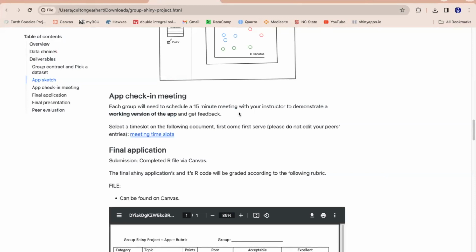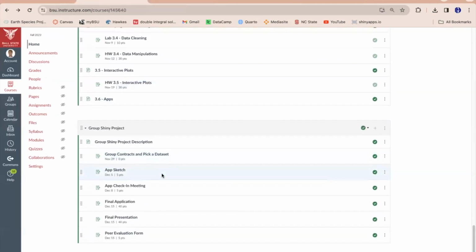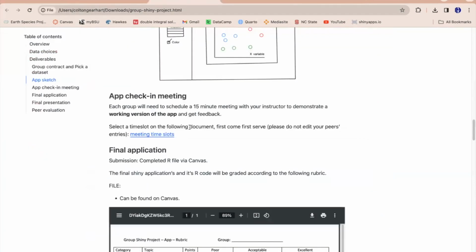So this project is going to run from now until the end of the semester. So this is going to be in place of our final. So we're going to have 3 weeks to work on this. So about halfway through the project, hopefully we could have a working version of the app, at least some static plots in there, maybe not all the way connected to the user interface, but we know what type of plots,